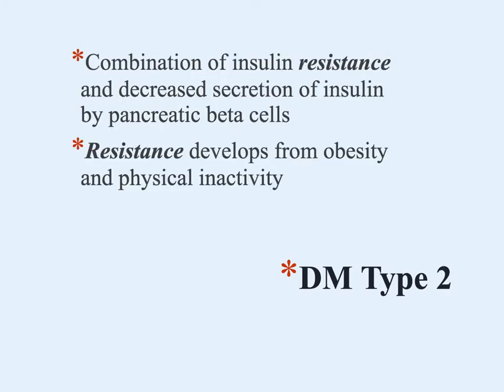Diabetes type 2 is a problem resulting from a reduction in the ability of the cells to respond to insulin. So the patient has insulin, but the cells cannot respond to it. So that is where the word resistance comes from. In a diabetes type 2 patient, typically a slow onset, present for many years before it's diagnosed. It's usually related to a patient getting older, a patient who is overweight,